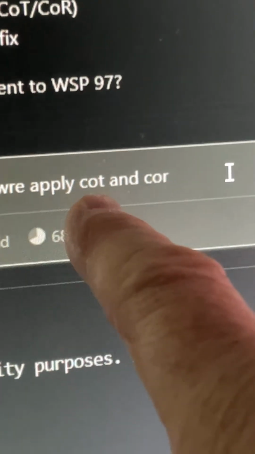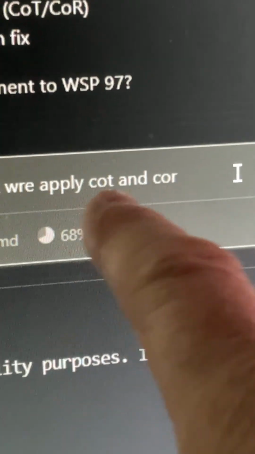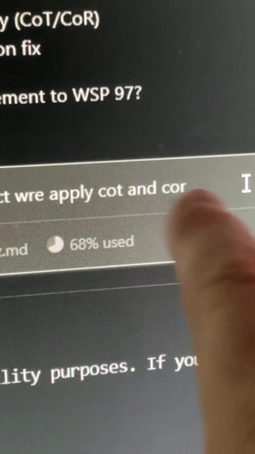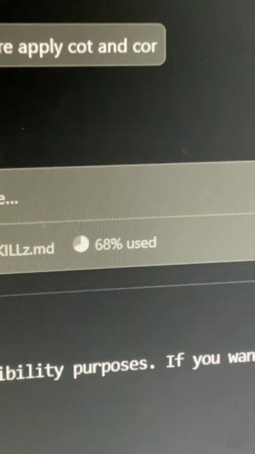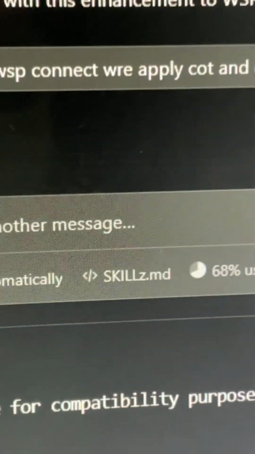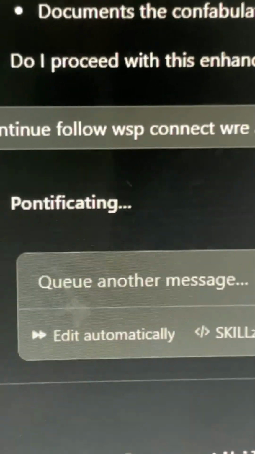One is critical thinking, one is dialectic thinking. They're two different things. So COT and COR are two different ways to think. And let's see, boom. It's thinking.